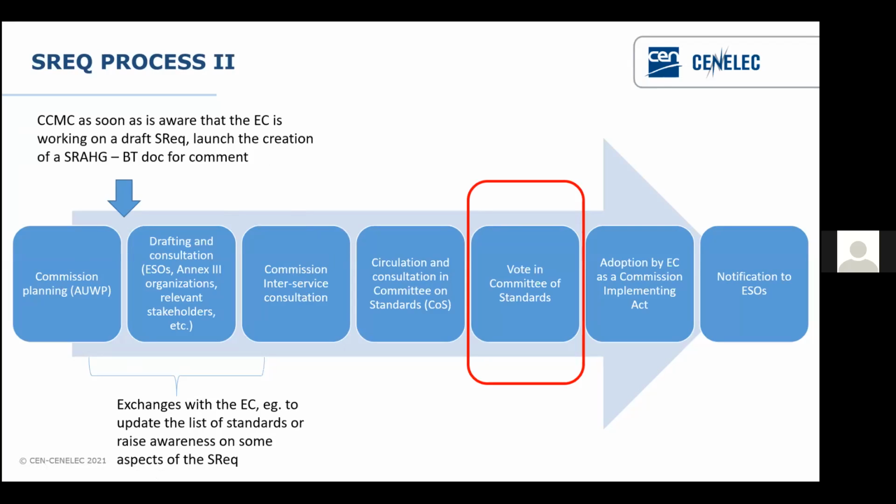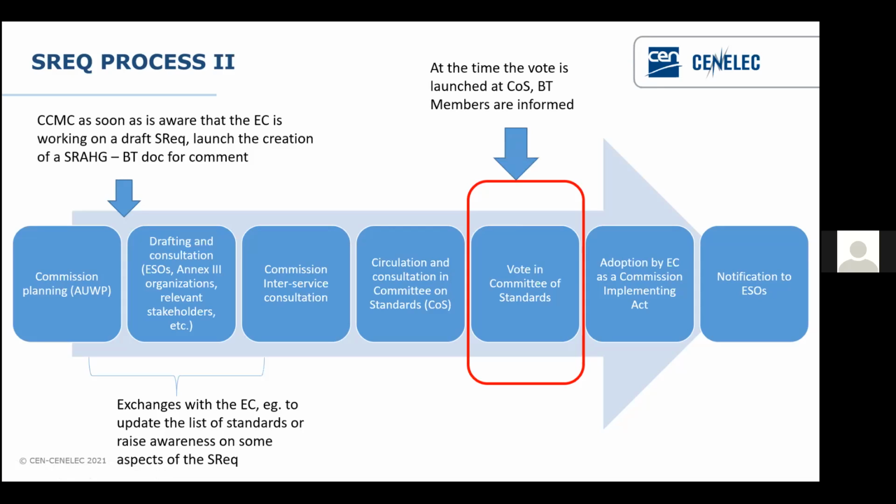This can be presented at a meeting of the Committee of Standards, and then a vote will follow in the Committee of Standards. It could be at a meeting, but as we have seen recently, normally it goes via a written procedure. What we do internally, CCMC, during the voting in Committee of Standards, is inform the BT members and permanent delegates that there is a voting, and in this document that is sent for information to the technical boards,